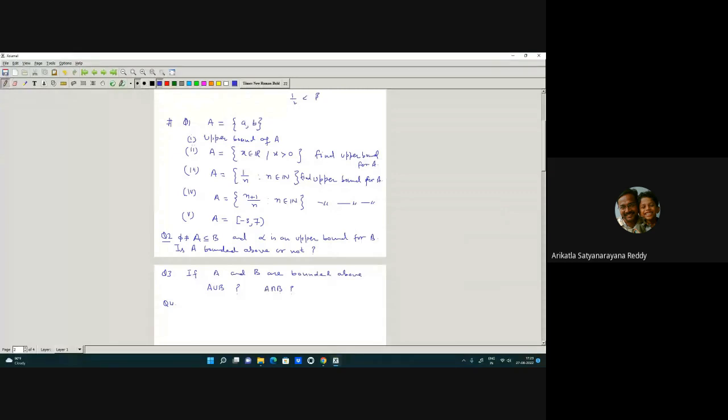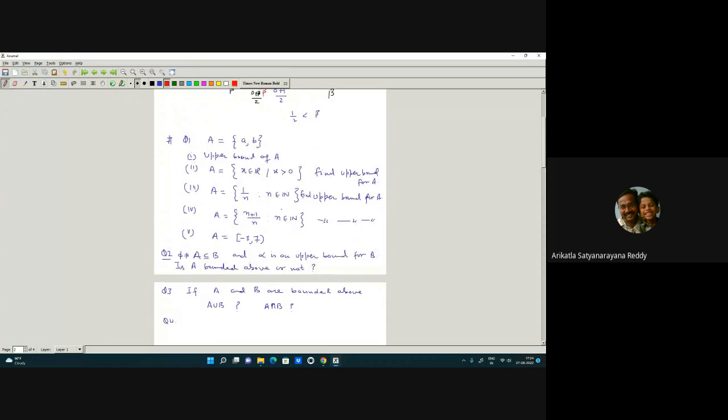So first one, who is going to tell? Is anyone ready? Question number one. Raise your hand fast. Yeah, Sahil, go ahead. Sir, B is the upper bound of A. Yeah, prove it. How do you prove that B is an upper bound? Prove fast. Sir, for any x belongs to A,